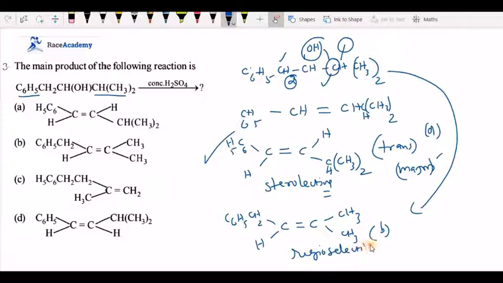Ratio selective. So in addition to the ratio selective, we will go with the stereo selective concepts in this dehydration, when we have the cis-trans obtained in the dehydration. So we will go with that type of methodology, and we will give the right option as trans, that is A. That's why we will neglect the ratio selective concept and go with the stereo selective concept in this methodology.